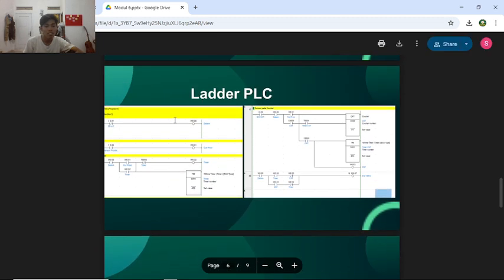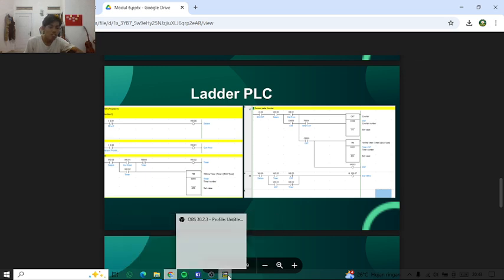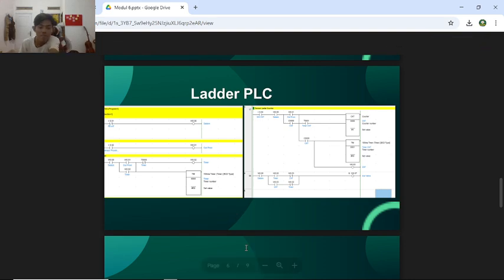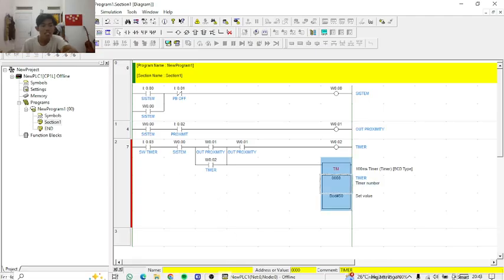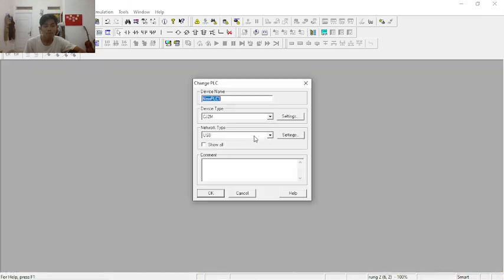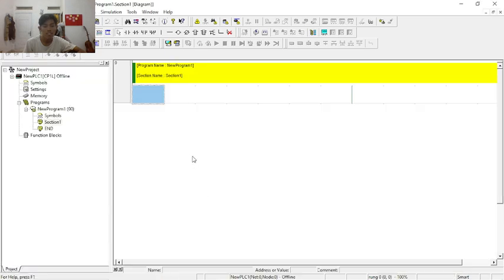So we will continue to make the PLC ladder diagram with CX-Programmer. Now we will open the CX-Programmer. We will click File, New, and then you can choose your device type. I will choose CP1L, and then we will click OK. And then we will start by